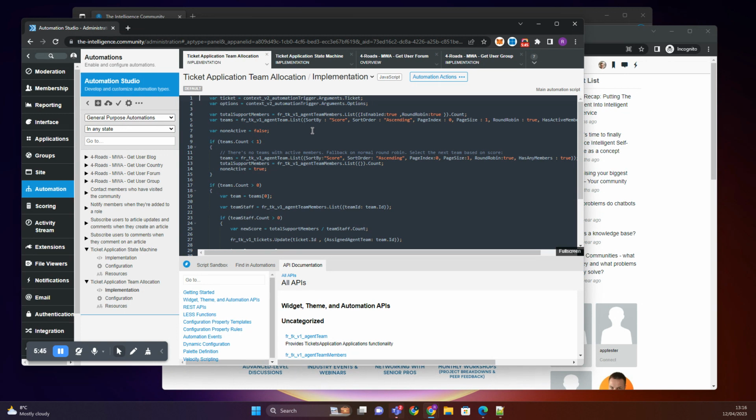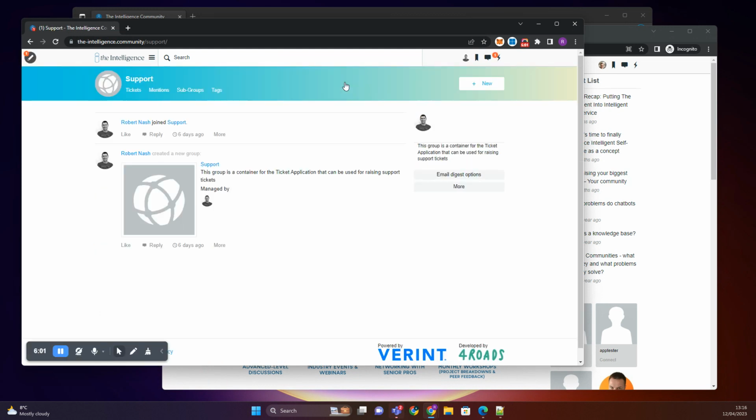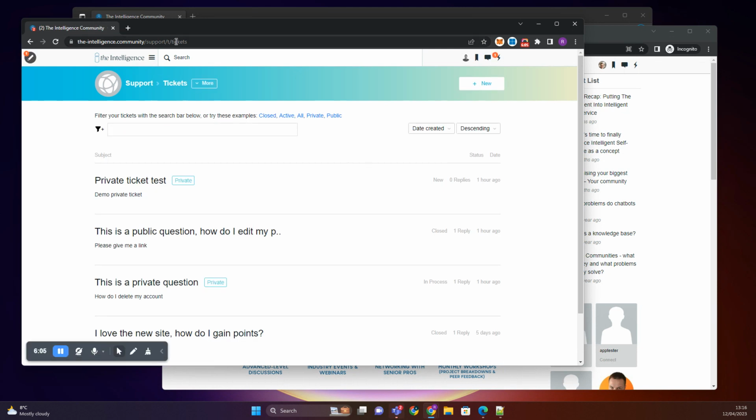So it spreads out the workload between members of staff. So that's the back end administration side of things of the ticket application. If I go back to the front end, I've created a group here called support, and I've created a ticket application. Now, the ticket application can exist in any group, and the permissions of that group will be applied